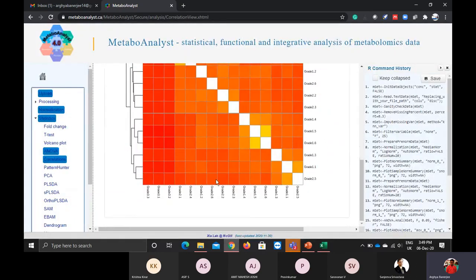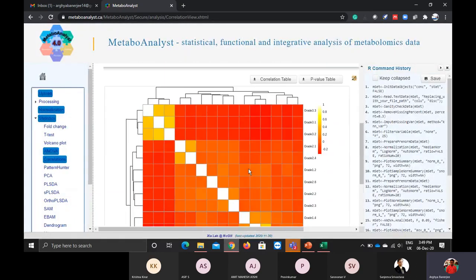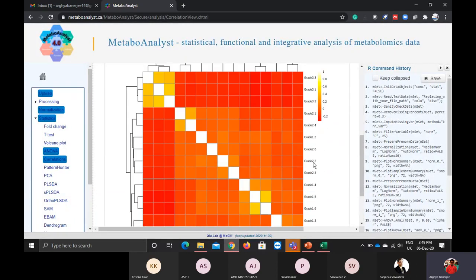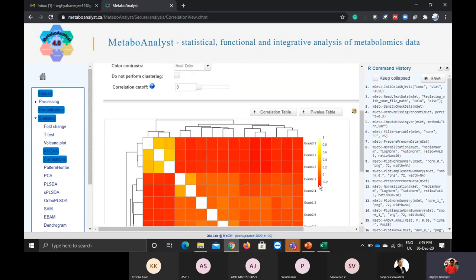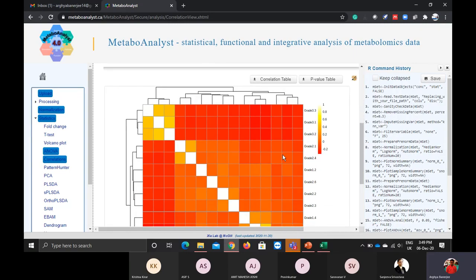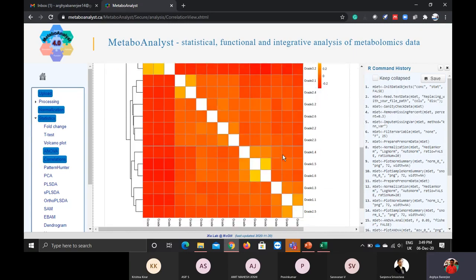Now you can see the beauty of this. These are my three groups: grade 3, grade 2, grade 1. You can see which are above 0.6. The individuals which are above 0.6 will be the only ones considered, for a biological experiment. If it is more than 0.6, then only it is significant. Otherwise you have to discard that individual, as that individual is not good.